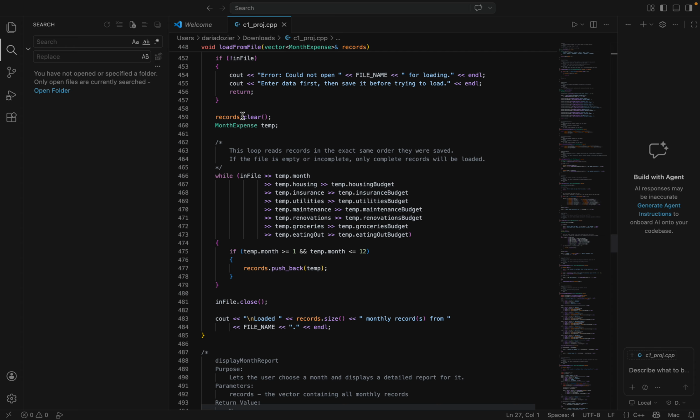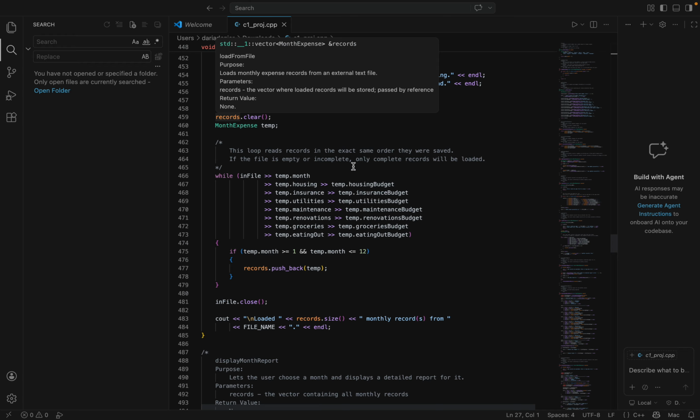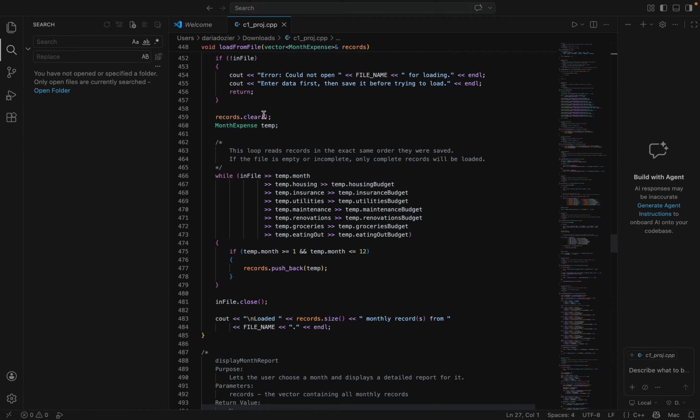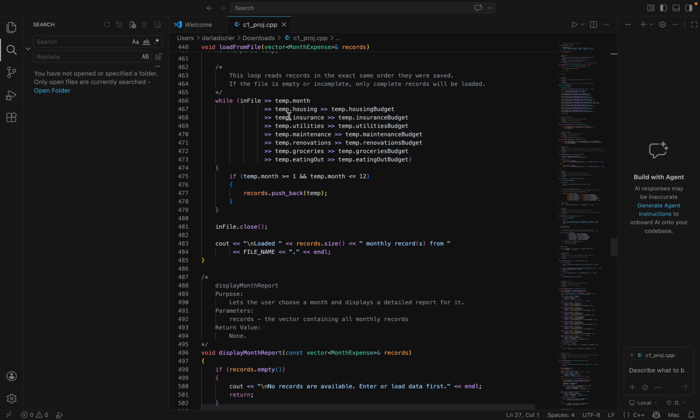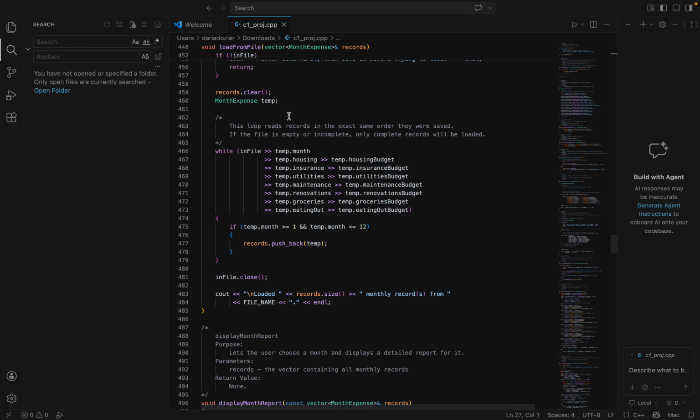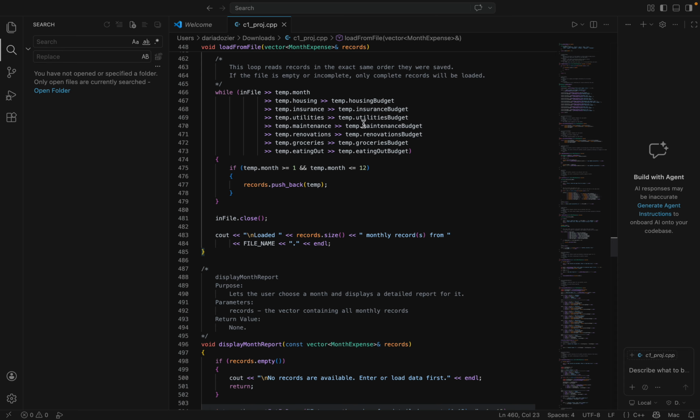Next we clear the records, so the loaded file becomes the current set of records instead of being added on top of whatever was already in memory. And I made a temporary variable, so the while loop reads values into the temp in the same order that they were saved. Inside of our while loop here, I check the month number is between 1 and 12 before adding it to the vector,